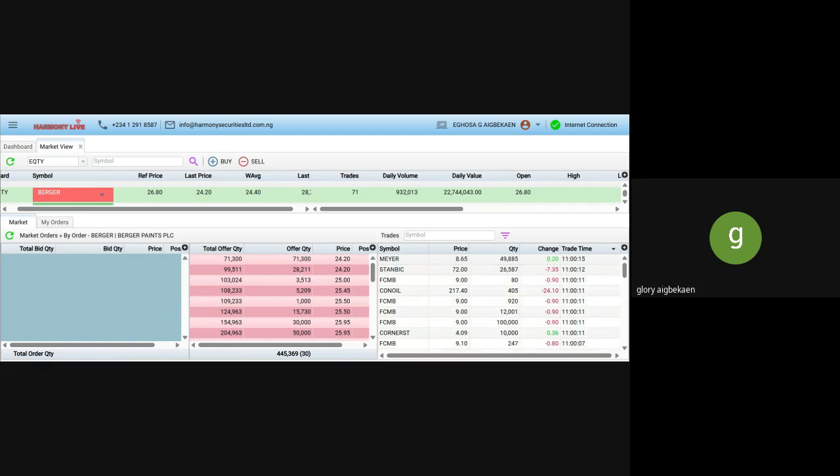If I were allowed to share their account, I would have shown it to you. But for privacy's sake, I'm not showing it to you. I'm just mentioning it to you. Do you know that this Beggar Pen got as high as, was it 28 naira or 29? Let me say 28 naira. And when it got to 28 naira,